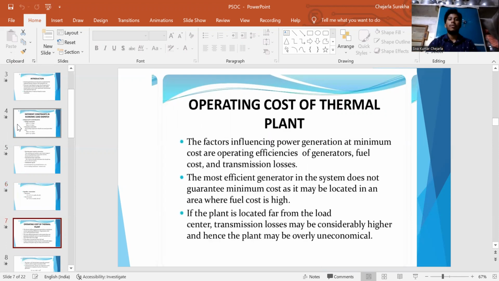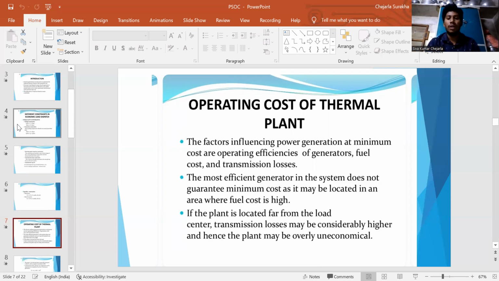Operating cost of a thermal power plant. The main factors influencing generation at minimum cost are the operating efficiencies of generators, fuel cost, and transmission losses. The most efficient generator in the system does not guarantee minimum cost. It may be located in an area where the cost is higher. If the plant is located far from the load, the transmission loss may be considerably higher,